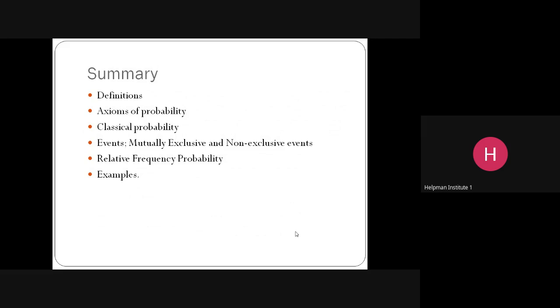We explain an event. We said that events are mutually exclusive if the occurrence of one does not affect the other, and mutually non-exclusive if the occurrence of one affects the other. We also